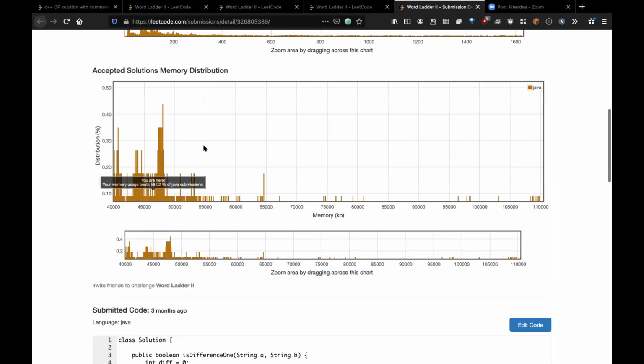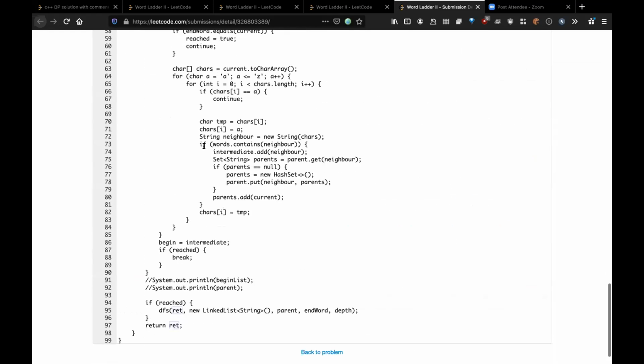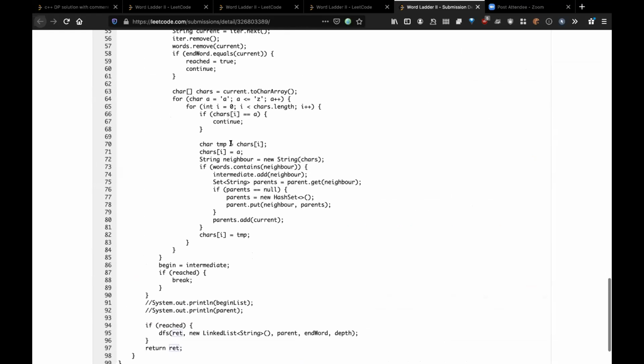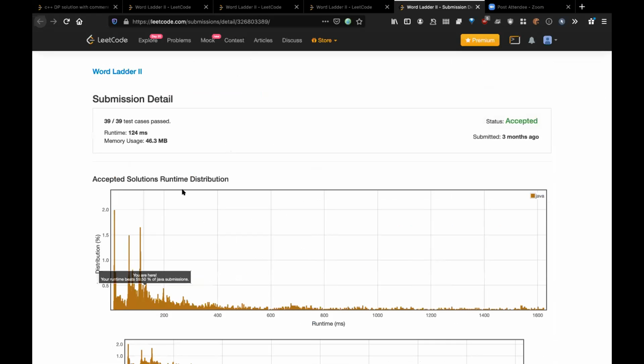Maybe if he executes now, because test cases might have changed 3 months back. No, I don't think so. These are the hard ones, right? Usually they don't change much. I tried with that. Based upon that word ladder one, I tried to implement that bidirectional BFS, and it was able to get that 87 or something like that.